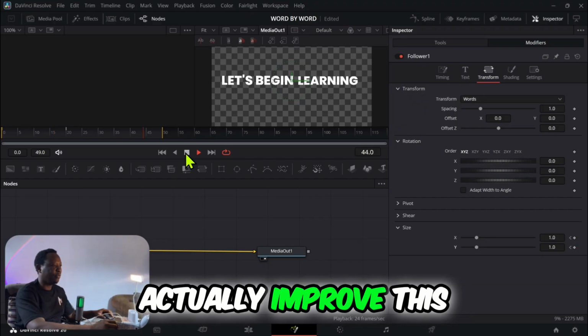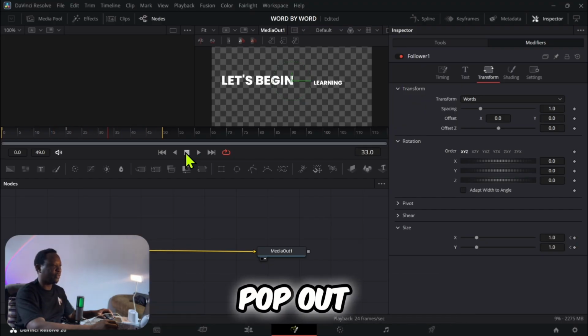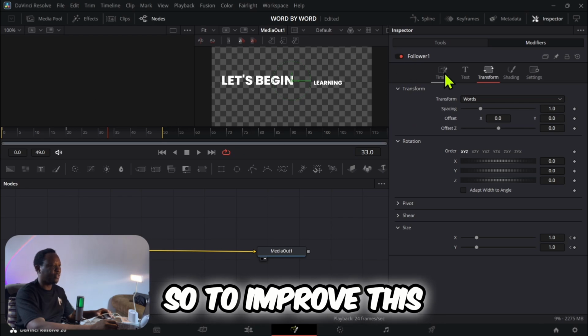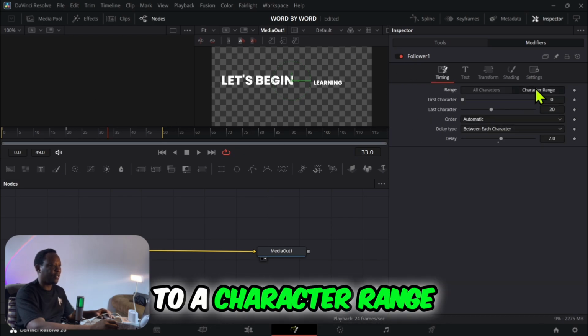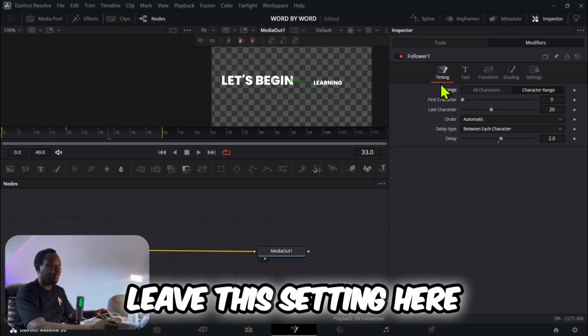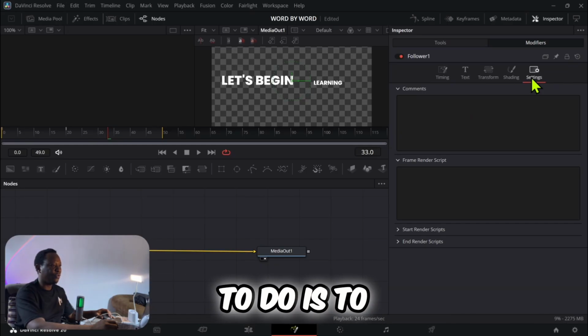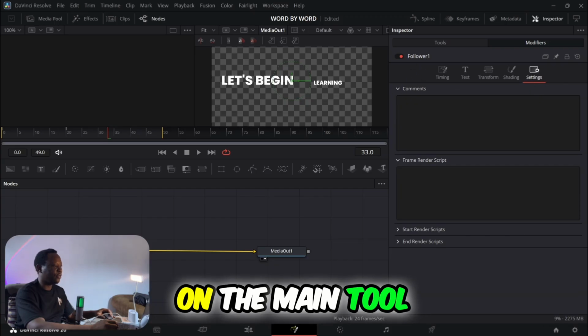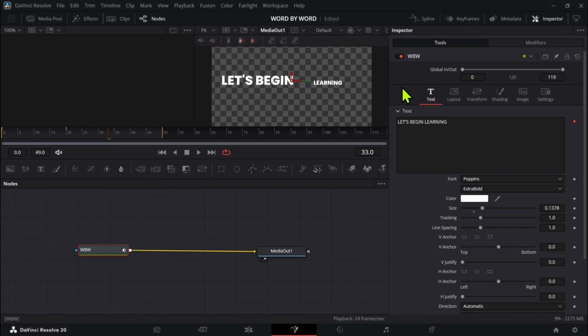So how do we actually improve this? Because we want this to actually pop out. So to improve this, we can go back and change the range to a character range, and we could just leave the setting here. That's okay. We've set that up. So what we're going to do is to go to the settings on the main tool, not on the modifier. So click on this,